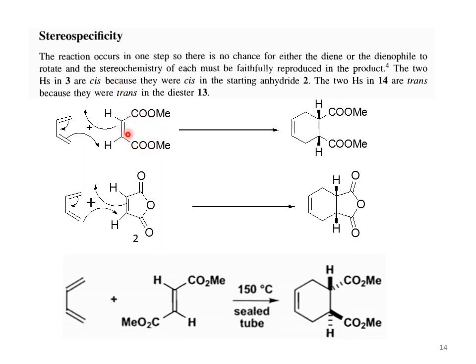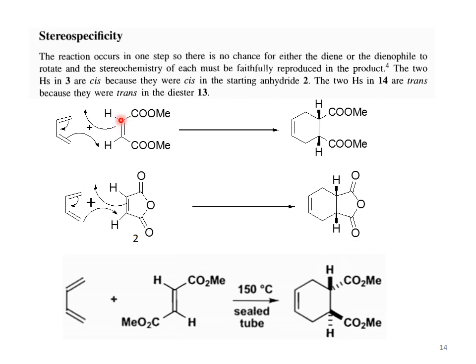So when this diene reacts with this dienophile, then this adduct is formed. See this one, this carbon is attached with the ester, and this carbon is also attached with the ester. So these carbons are the carbons of the dienophile. So the hydrogens attached with these two carbons are cis to each other, because these two hydrogens are also cis in the reactant. So these two hydrogens are also cis in the product. So we describe here that the stereochemistry of either the diene or the dienophile